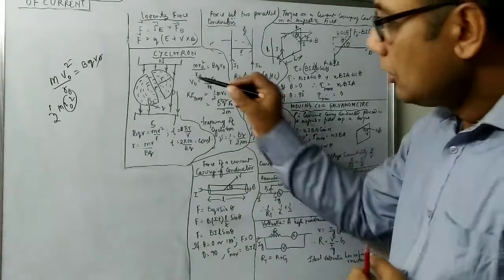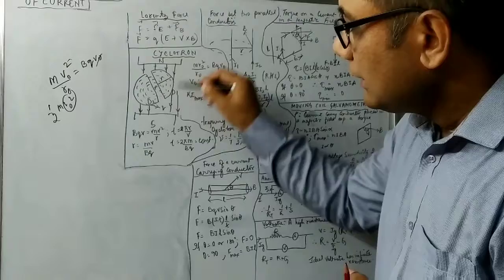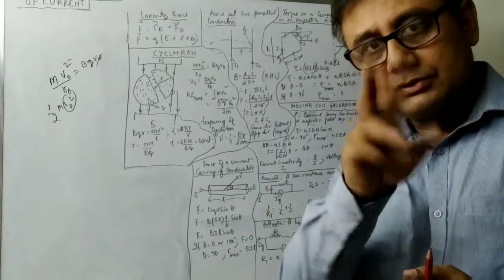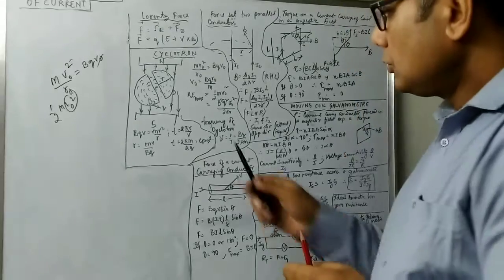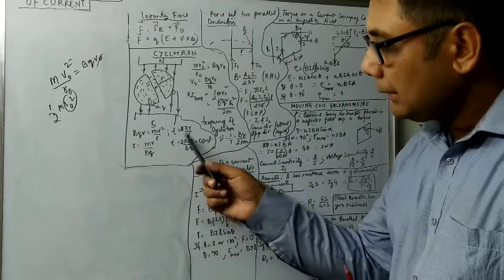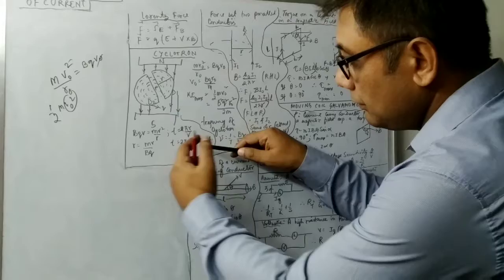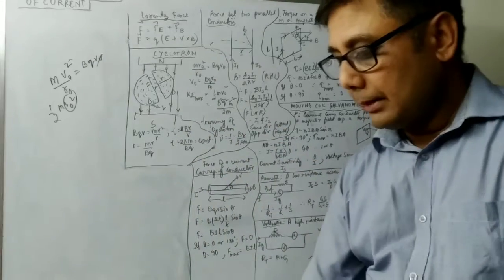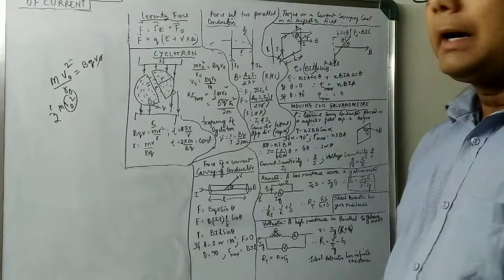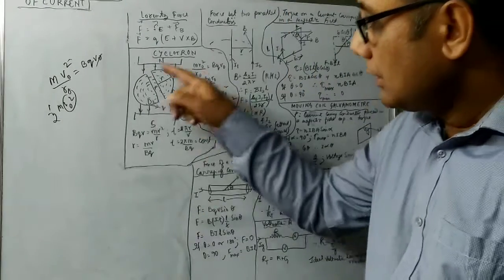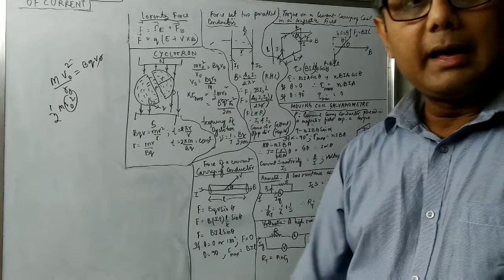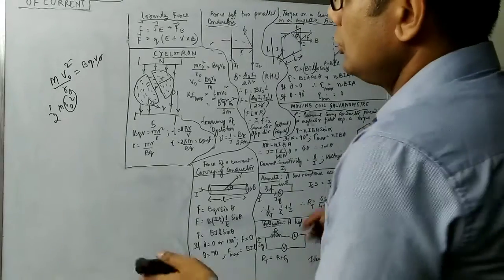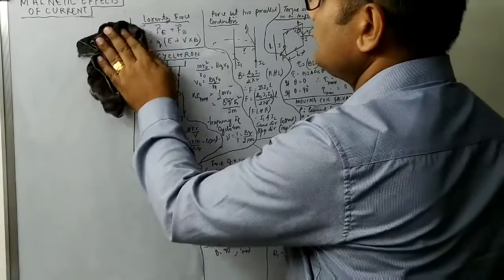Now, if it is taking a time period, it will have some frequency of alternations. So what is frequency? Frequency is 1 by time period. Time period we already found, so we will reverse it. We get the frequency as B q by 2 pi m. This is the time taken by the proton to cover a circular path around the 2 Ds and then come out. Got it? So I hope you understood what is Lorentz force.